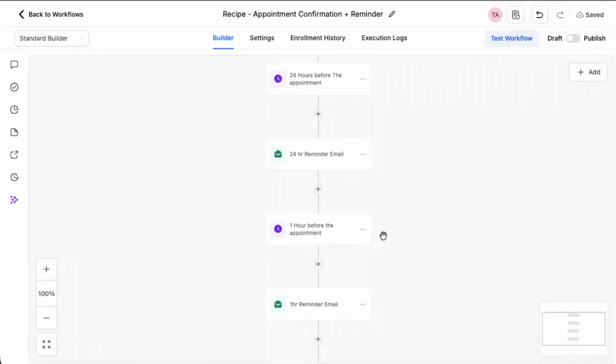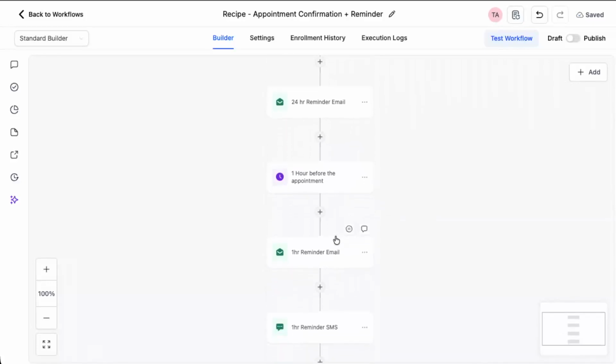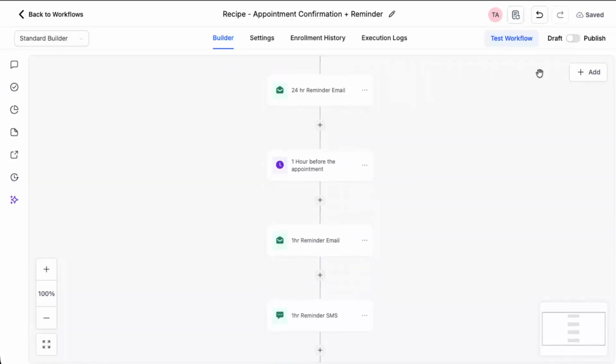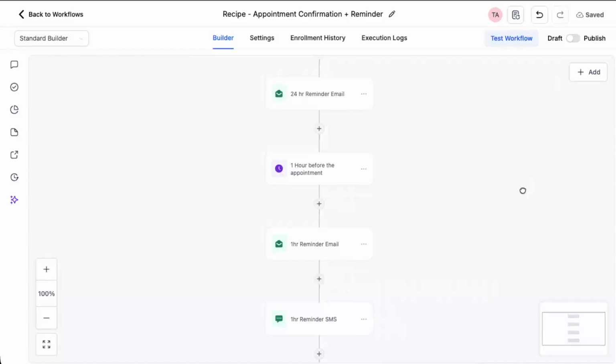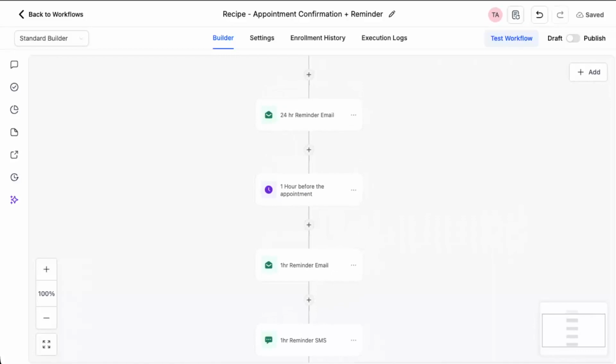As you tweak each step, remember to save your changes. When you're done editing the workflow to your specifications, click on Save Action. Go through and make sure all the key steps are saved and configured. Once everything looks good, your appointment confirmation and reminder workflow is ready to be activated and used with your